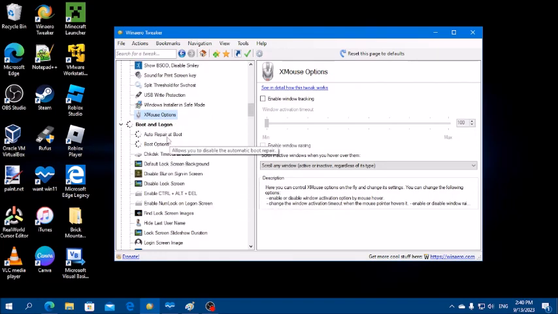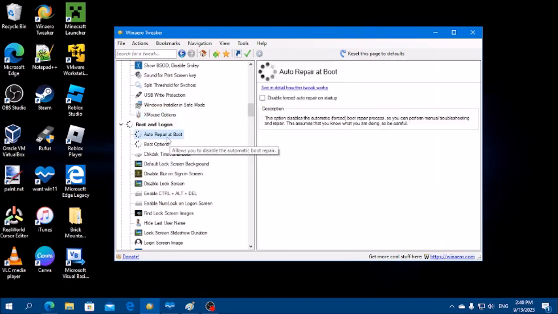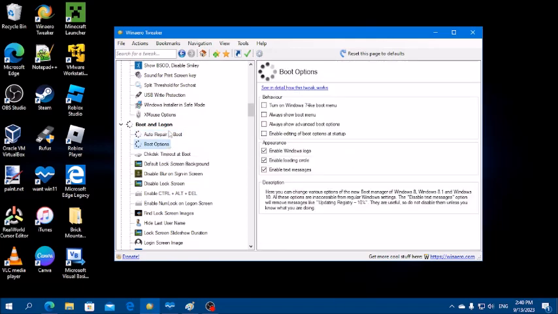Now here's boot and logon. Auto repair of boot. This disables the forced repair of boot so you can perform manual repair. This seems like you know what you're doing. Boot options. Enable the Windows 7 like boot menu. Notice, it does not enable the Windows Start menu. It's actually